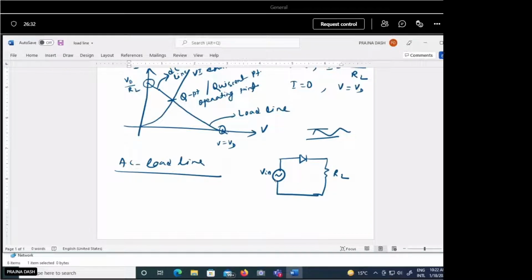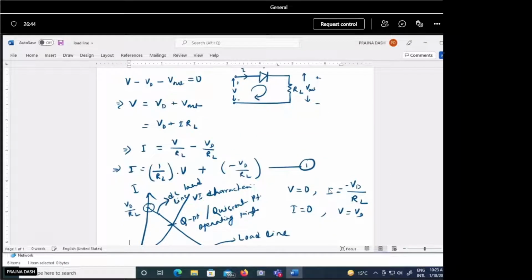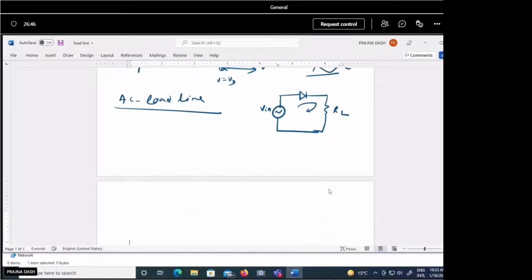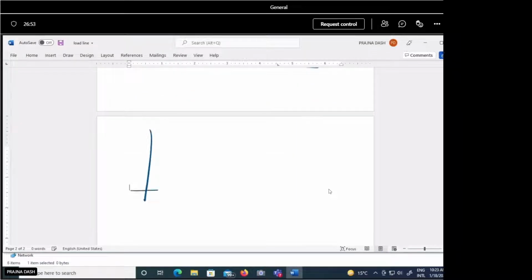In this case we apply the same concept. So here we will get the load line. Let us plot the load line for this. So when we apply this AC concept to your voltage versus current graph,